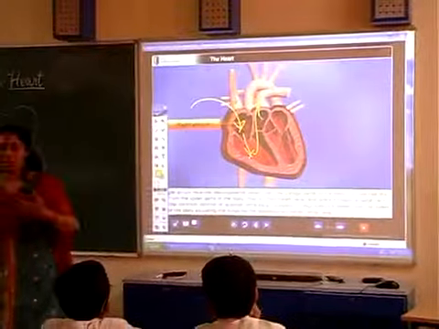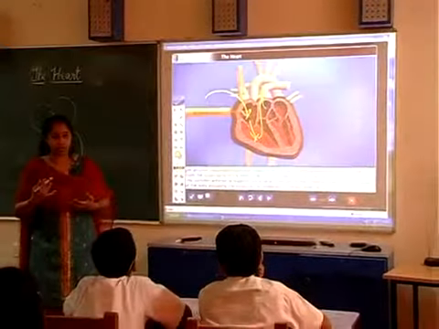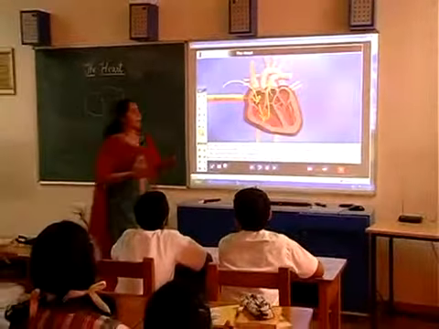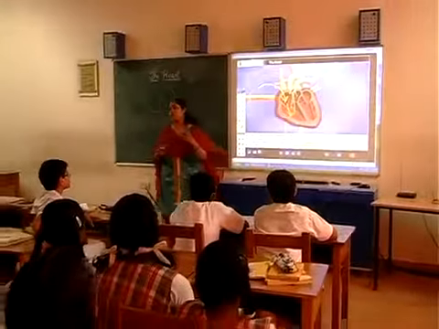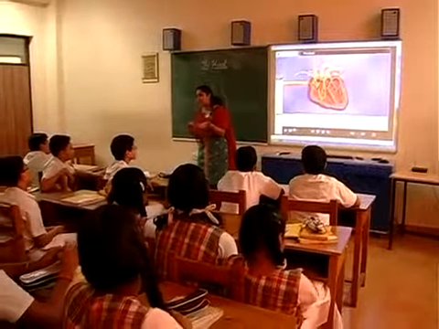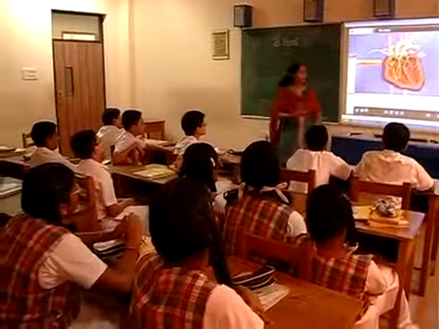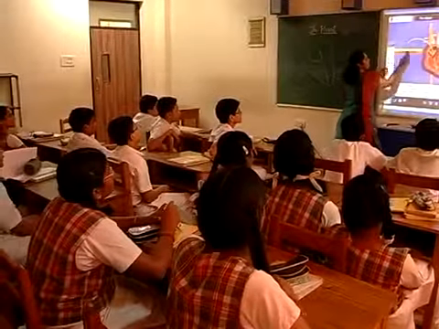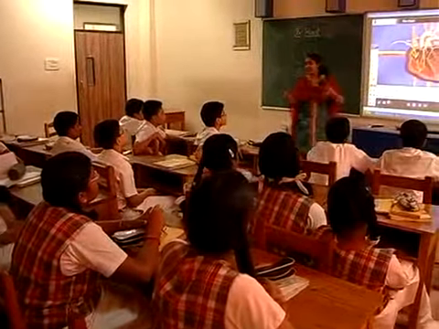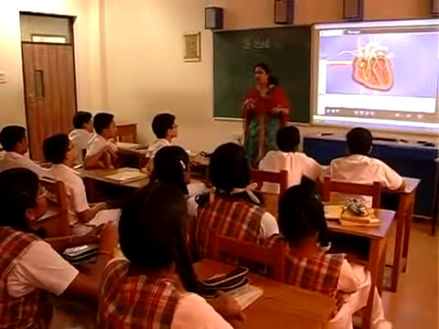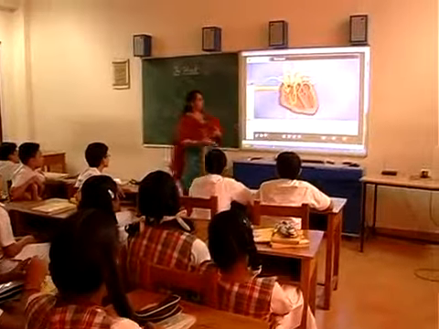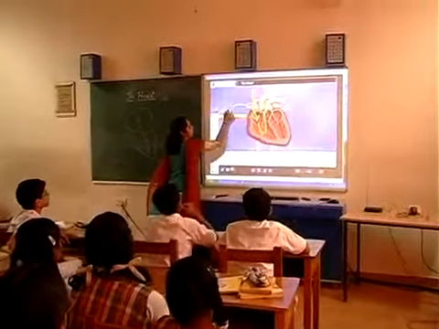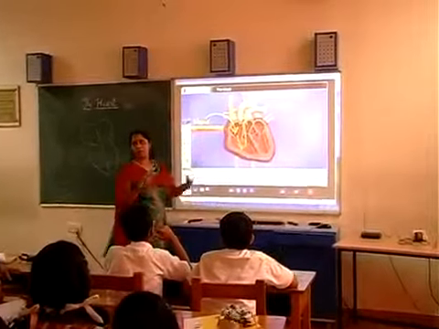which is a vessel which takes the deoxygenated blood. We have the pulmonary artery. So that is the only exception. The only artery which carries deoxygenated blood is the pulmonary artery. So this deoxygenated blood is collected from various parts of our body by the veins, okay, by the veins, and is superior and